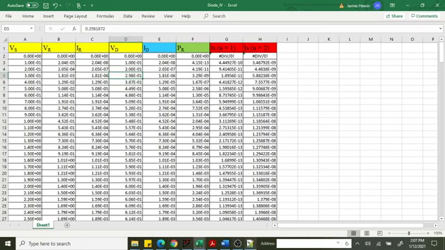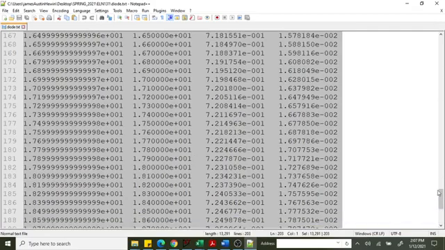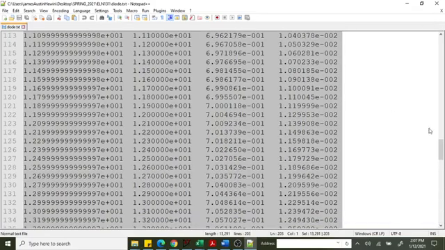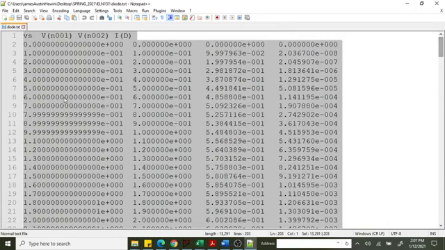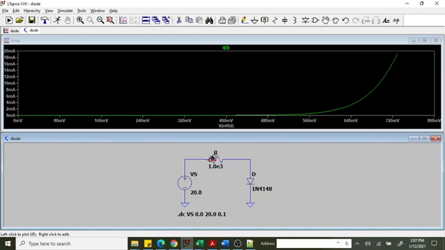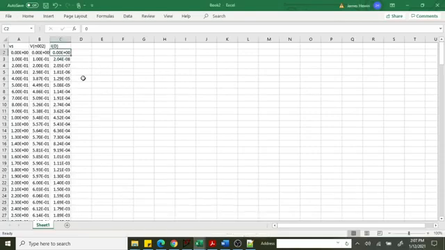Although I did not extract VR, I just got node 2 and then node 1, but the voltage across the resistor is just the difference between those 2 voltages. So let's see, we could extract that as well. But I think for right now, I'll just show you how to